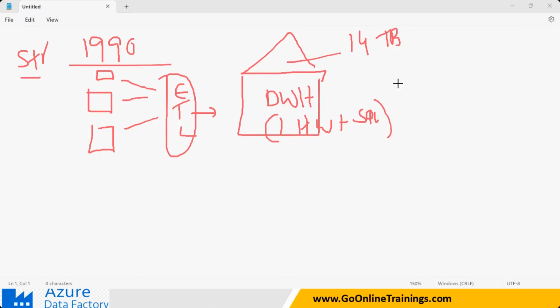Somehow we got to the 1990s. SQL software was released in the 1970s, but the data warehousing concept was not there. In the 1990s, people invented this. But the problem: in the year 2000, suddenly the social media networks evolved, and after that you slowly started getting a lot of unstructured data.